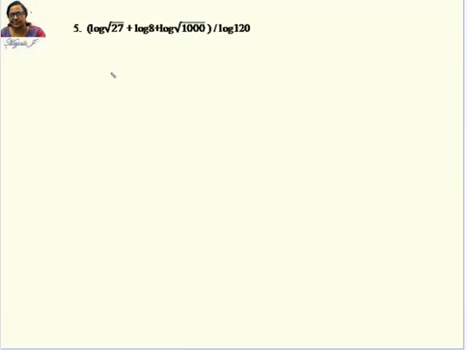Okay, the next. This is log root 27. I'll write it again because you may not be clear with that. Log root 27 plus log